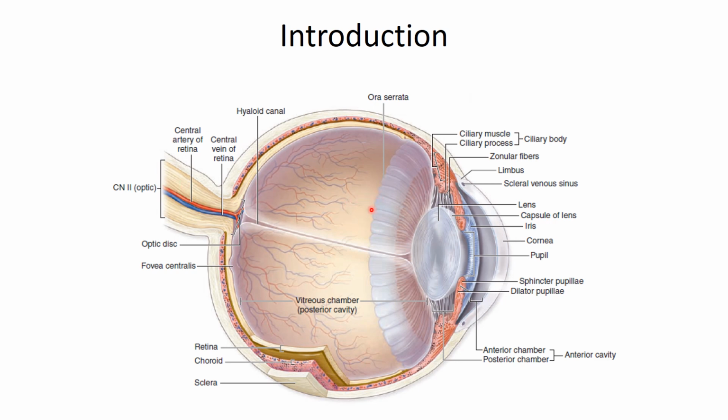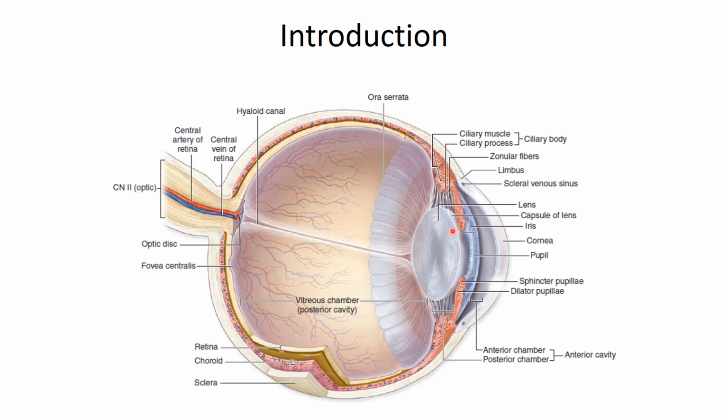Now the retinal portion, or the neural structure as well as the visual function, extends only up to the serrated region anteriorly. This is known as the ora serrata, a serrated transitional zone that lies between the anterior margin of the retina and the ciliary body. So this is the serrated zone where the neurosensitive or photoreceptive portion ends. It is not on the whole portion, it lies only posteriorly.